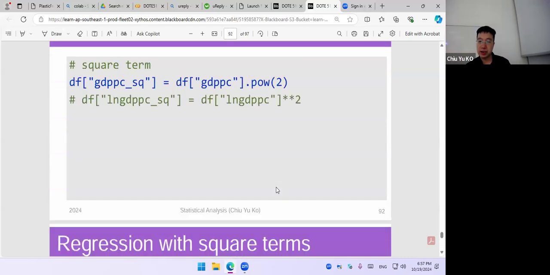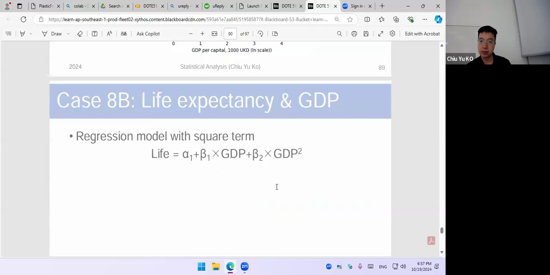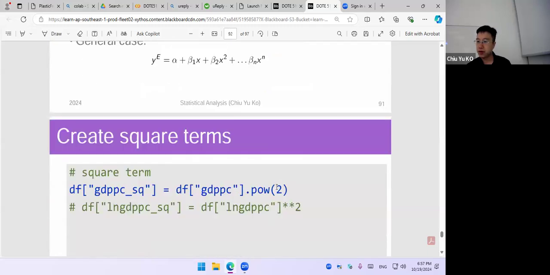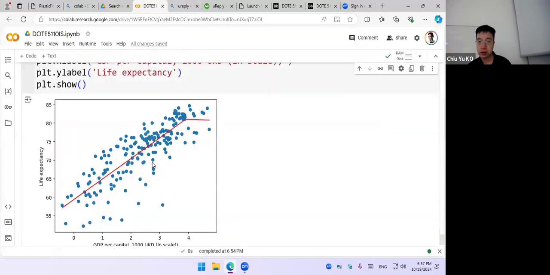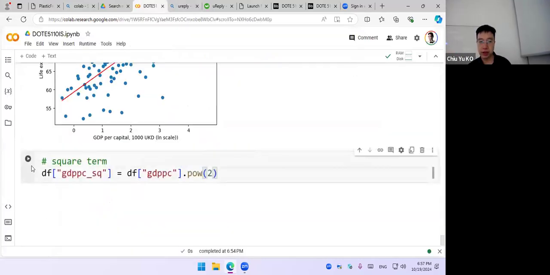So let us actually run the thing. Okay. So we create square. Either use dot power 2 or double star square, same thing. So that creates a square term. It means that we create a new column that has a square term. Okay. Once we did that,